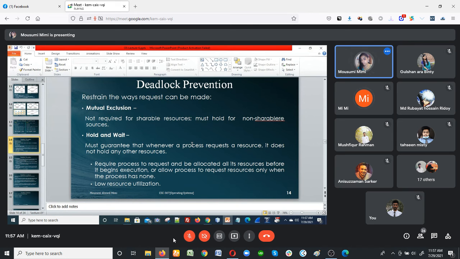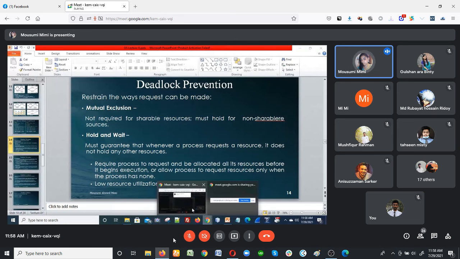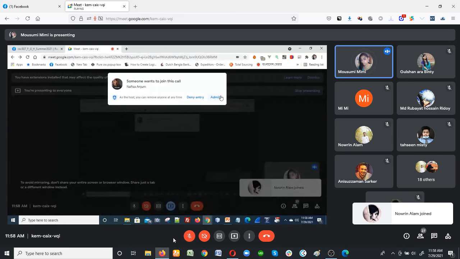From the previous deadlock chapter, you learned that whenever two or three processes need the same resource, but that resource is occupied by another process, they are in the waiting state. When the resource is released, the next process has the opportunity to get the resource and complete the execution of its task.